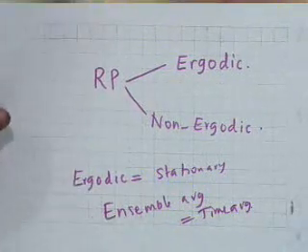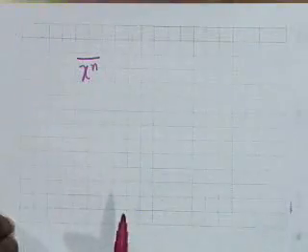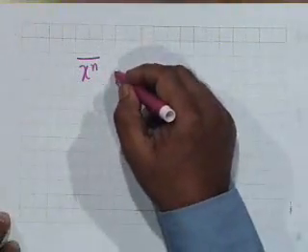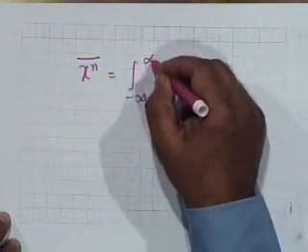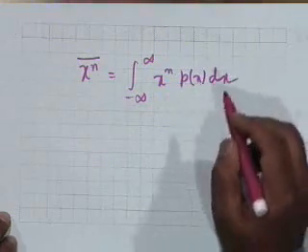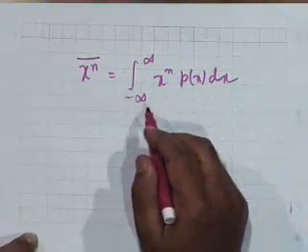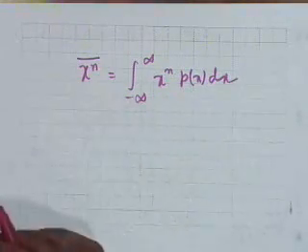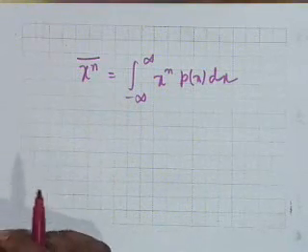Let's see what this means. What I mean is the following. Suppose I want to find out x^n average, the ensemble average. Then you know this is equal to the integral from minus infinity to infinity of x to the n p of x dx. On the other hand, if I want to find out the time average of x to the n, then what